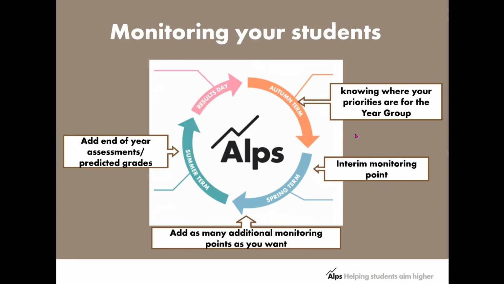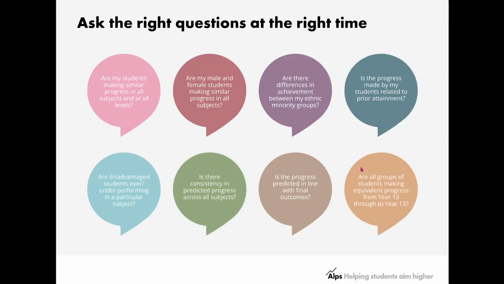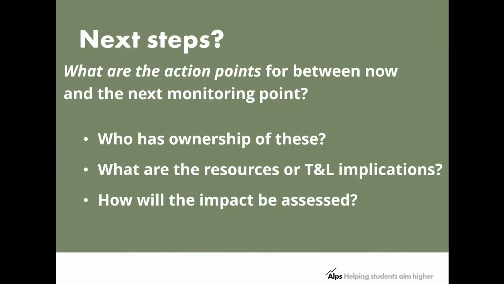A bit of a simplified version right now is the priority now is knowing where you are, knowing what your key priorities are in terms of your actions going forwards, and building on those plans for your next interim monitoring point. So it doesn't give you any answers, unfortunately, but it does allow you to ask all the questions. It's really important to see your data from different directions and be able to focus on where you feel the resources need to be put in place.